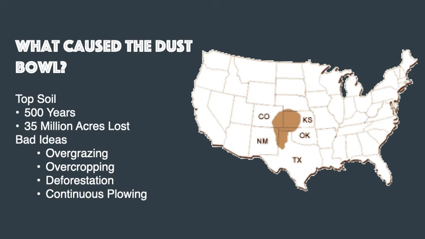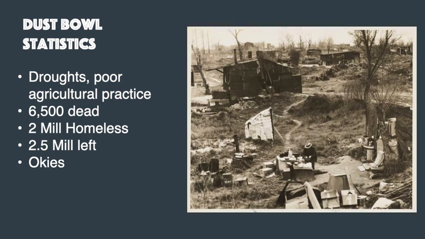Now you may be thinking, dust storm, what's the big deal? These dust storms took topsoil from the area of the country that you're seeing there, deposited it in Chicago, Illinois, close to where we live, all the way out to New York City. There were ships during some of the biggest dust storms a couple of miles off the coast of the United States that had a quarter inch of topsoil land on their decks. And so this is being blown thousands of miles through some of these powerful dust storms. Some of them so powerful that they appeared to blot out the sun.